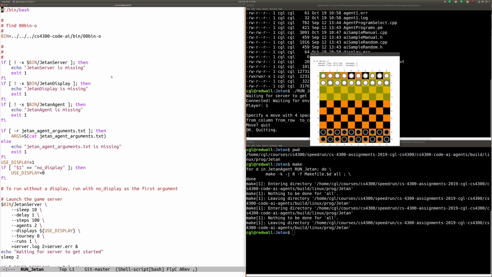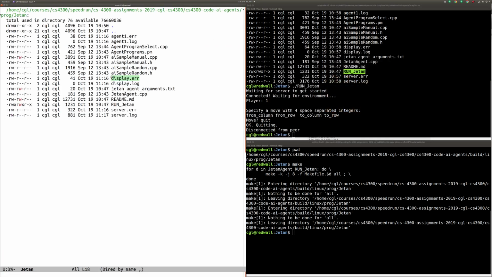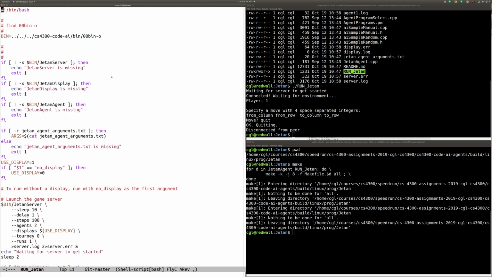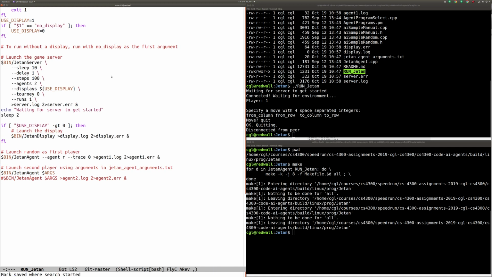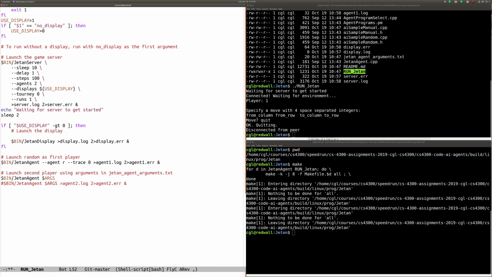Over here on the left hand side is my editor, again in the programming area for Jetan. I'm going to go down to the run Jetan script, find where Jetan display is launched, and I'm just going to add display size. And for my particular display, which is rather large,